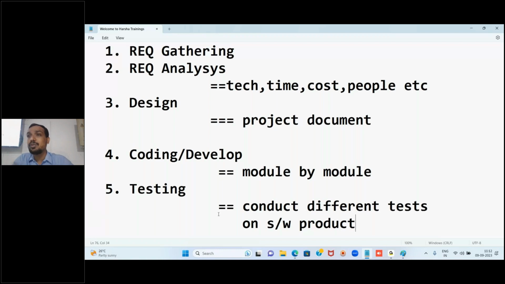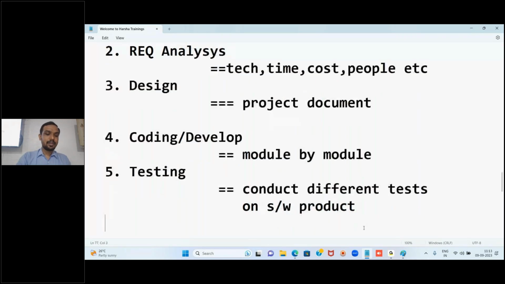Why will they do tests? So that there should be no errors. For that purpose, see, for a developer, there are so many strategies, right? To develop the front end, one way you have to develop the back end, few things you have to. In the same way, for those people also to test, they have their own different strategies and different styles in the testing. Using all those things, they'll be testing the product. Once that is done,